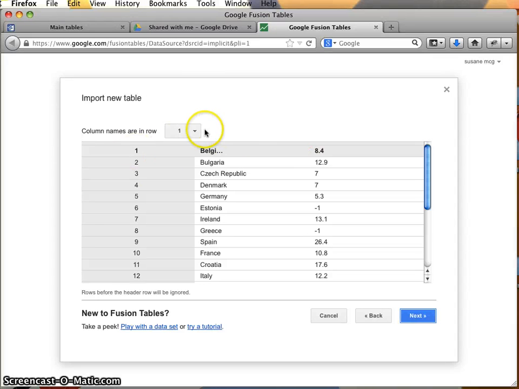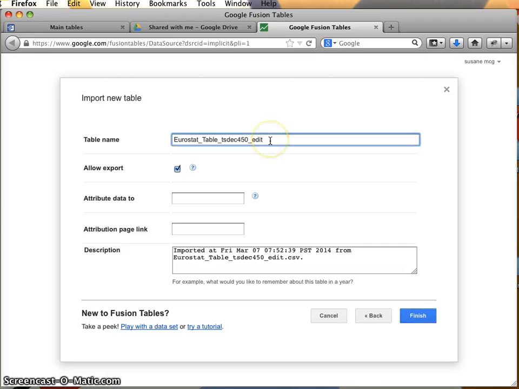And now, actually, I noticed that I didn't put a header row in here. In deleting my data and cleaning up my data, I got a little hasty and I got rid of my header row. So I'm going to say none, and then I'm going to add that header row back in Fusion Tables. Again, it's not completely ideal. So I'm going to say Eurostat unemployment